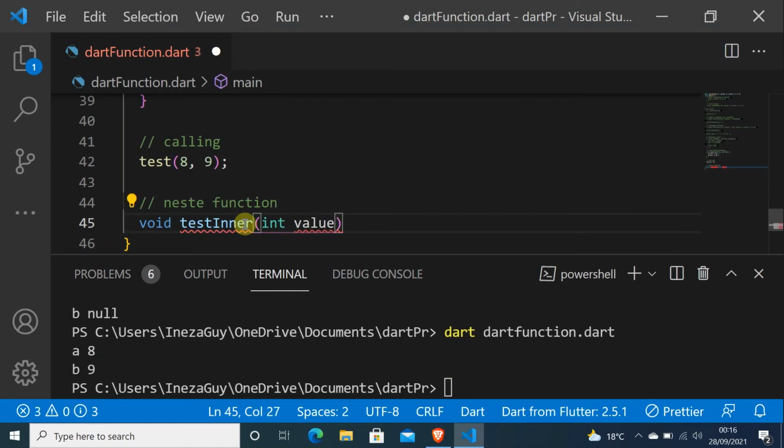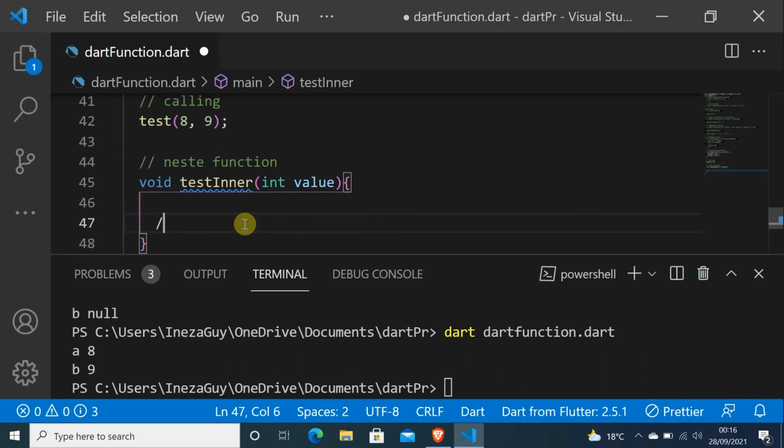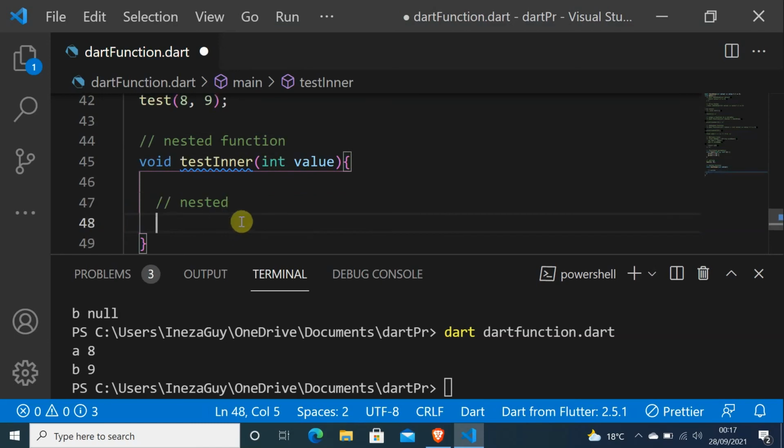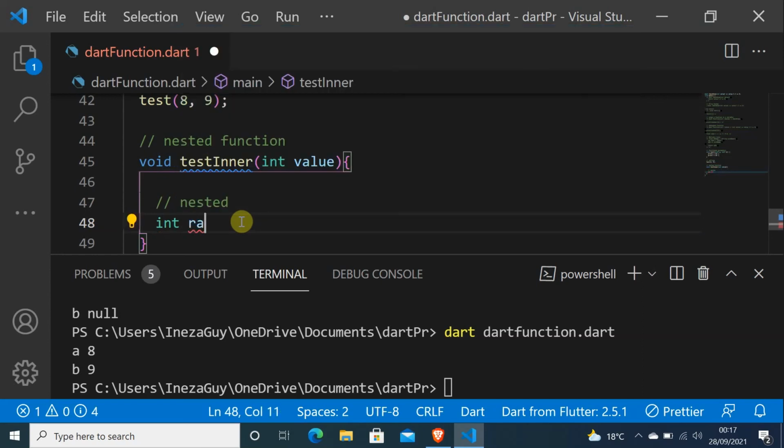This is a parameter, and this is a nested function. It is a function which is inside another function. Int randomValue equals to